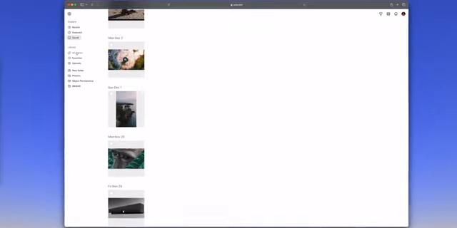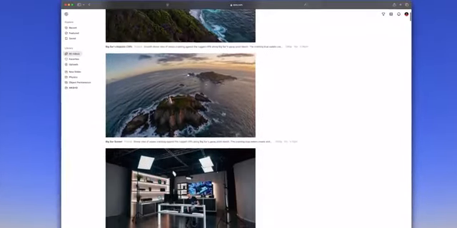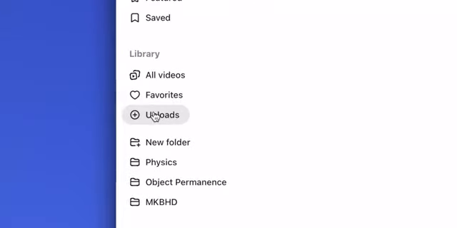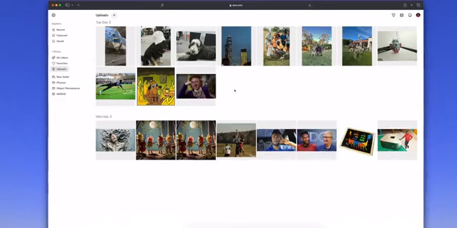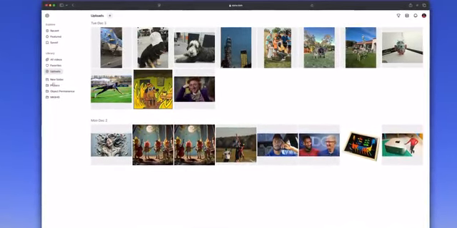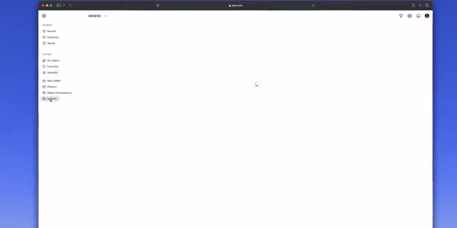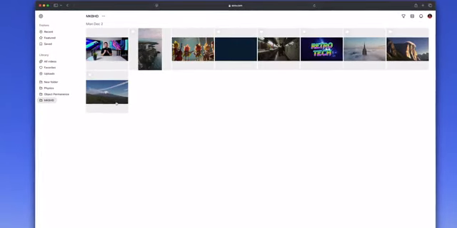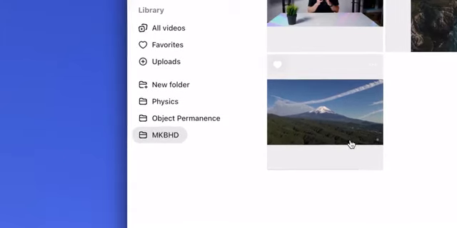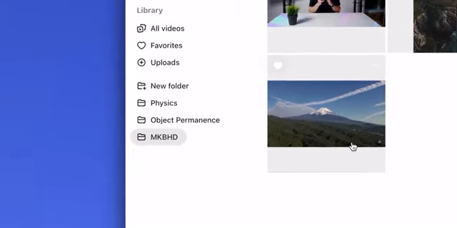Then underneath that, you have your library of all the videos I've generated from Sora prompts, anything I've tagged as a favorite from my own creations, and then uploads, which is any of the files that I've uploaded to Sora for it to make videos out of. Another crazy feature that I'll get to in a second. But then lastly, you have your folders. So you can organize things that you've created into different folders, maybe for different projects or different themes or whatever, just to keep it somewhat organized.